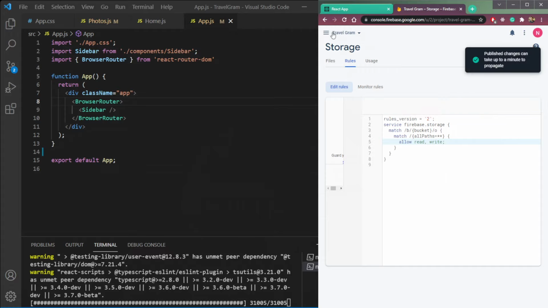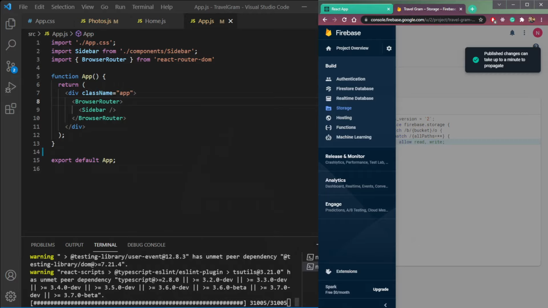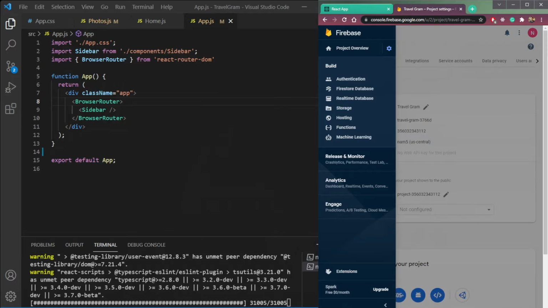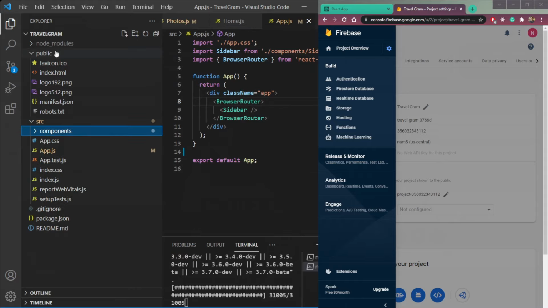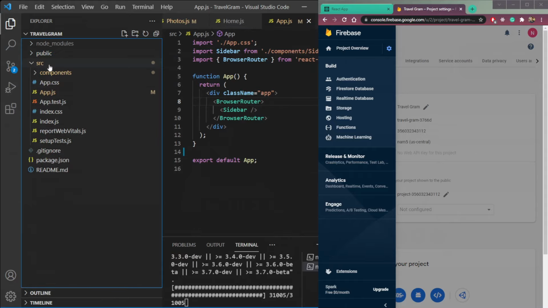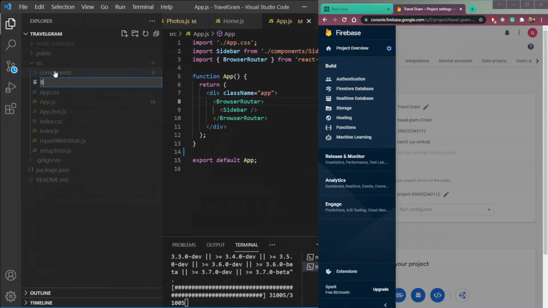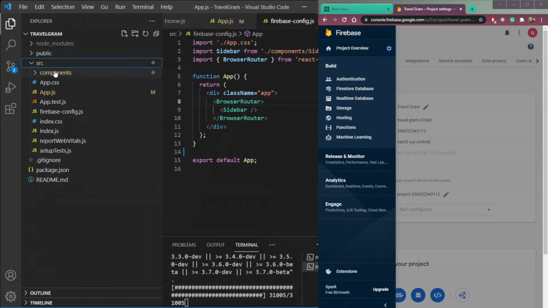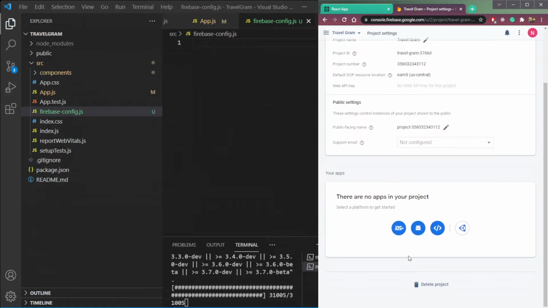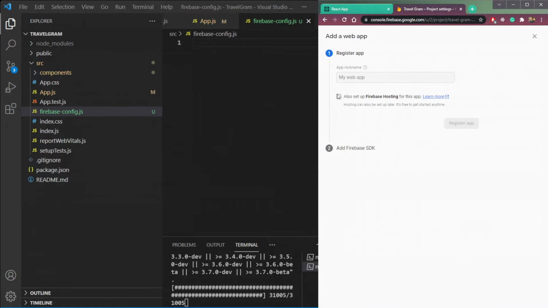Now let's go to settings and project settings. Here create a file called firebaseConfig.js in the src folder. And just put, okay, we need to create one app here. So let's create it first.